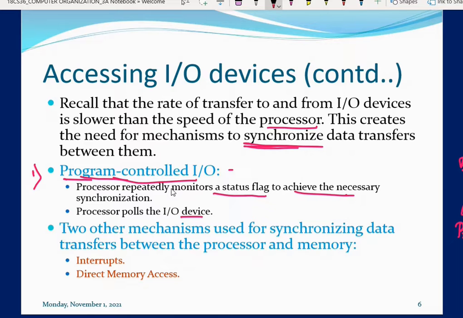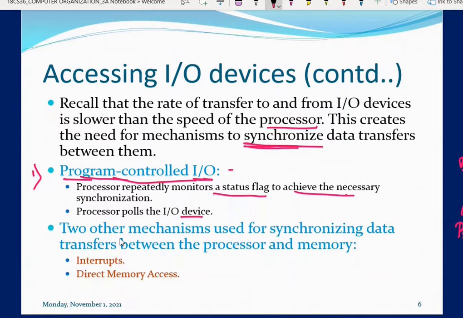So now we came to know that program controlled IO has the drawback that the processor wastes its time by polling each device to check the status without performing any useful task. For that reason, they introduced some more mechanisms to achieve synchronization.